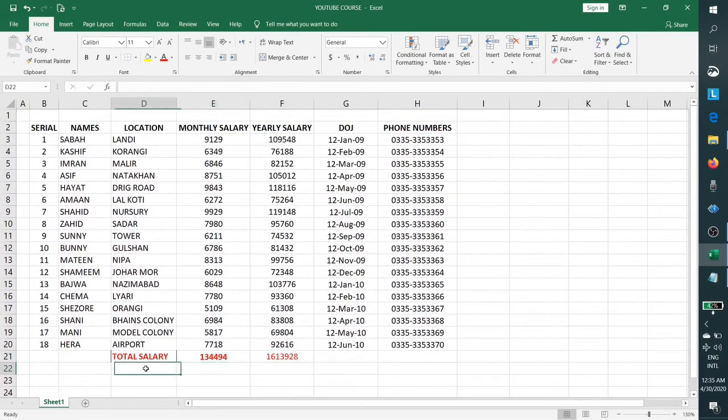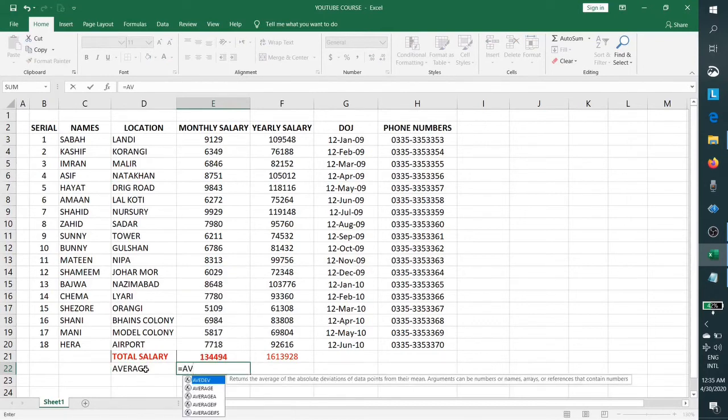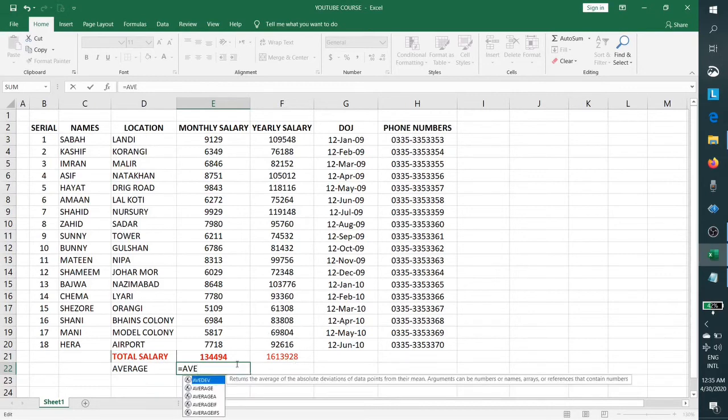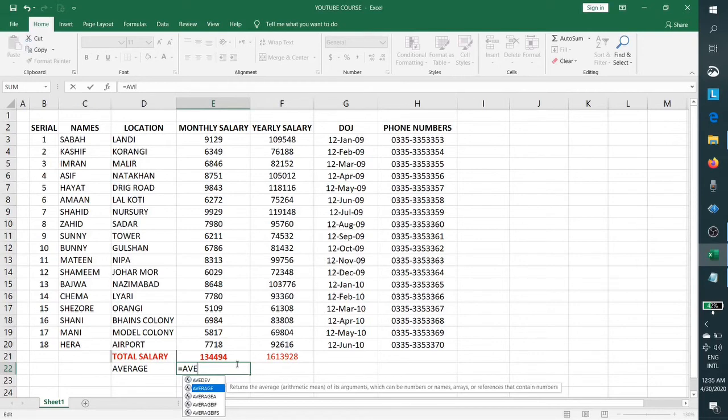Now we can go to average. So average is equal to average. You can see there are so many options. We will select average. Average returns the arithmetic mean of its arguments, which can be numbers, names, arrays, or references that contain numbers. We'll move up or down with the arrow keys and then press tab.